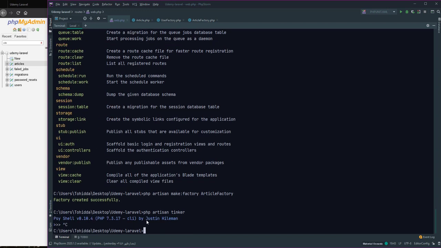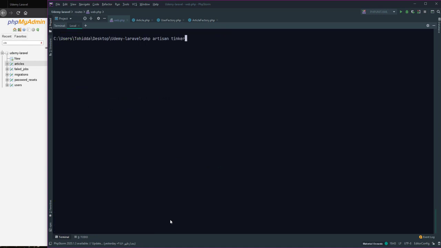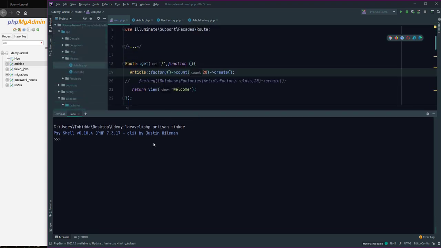I clear here, PsySH shell, PHP artisan tinker. We can run this code in factory: Article factory, count 40, and create. Okay,